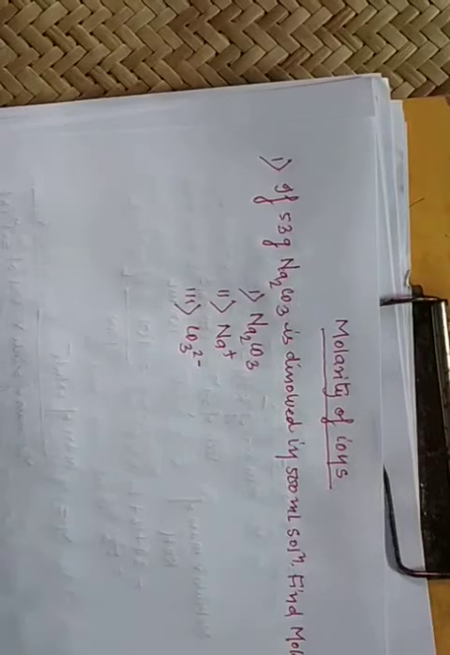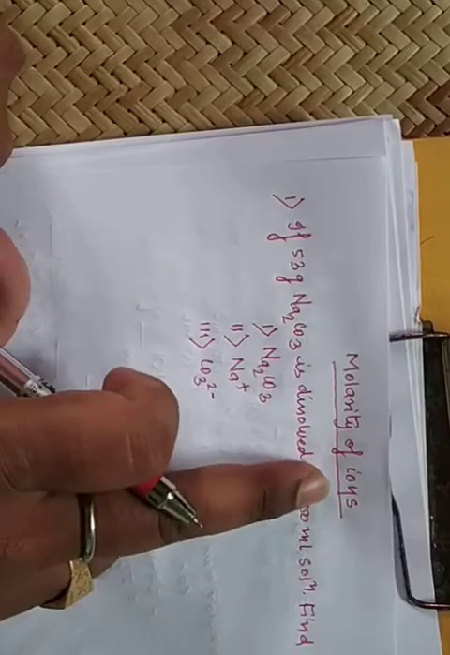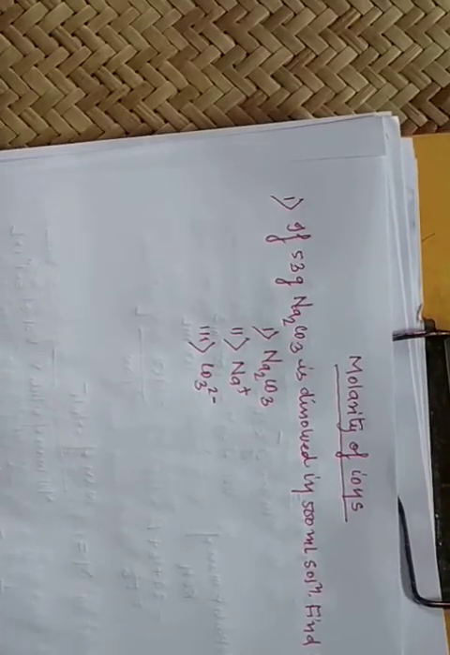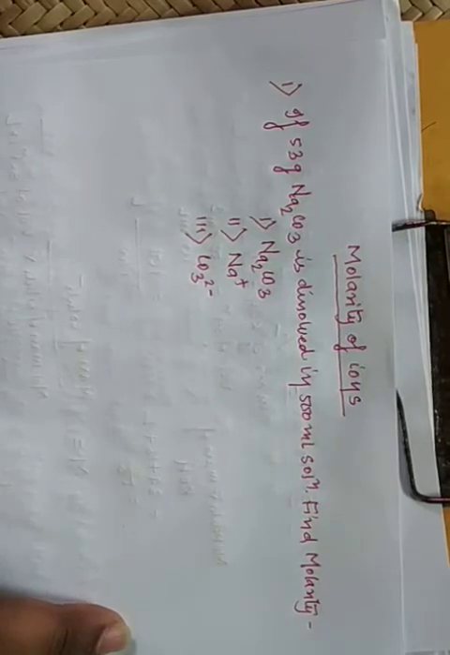Hello student. Now the next topic, again molarity. This is molarity of ions. Suppose you have ions, so how to find the molarity of ions? The question is, if 53 gram of Na2CO3 is dissolved in 500 ml of solution, find the molarity of